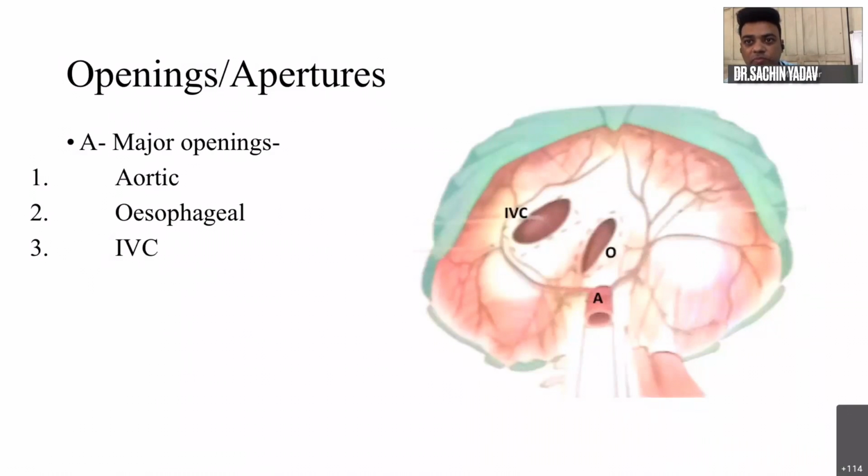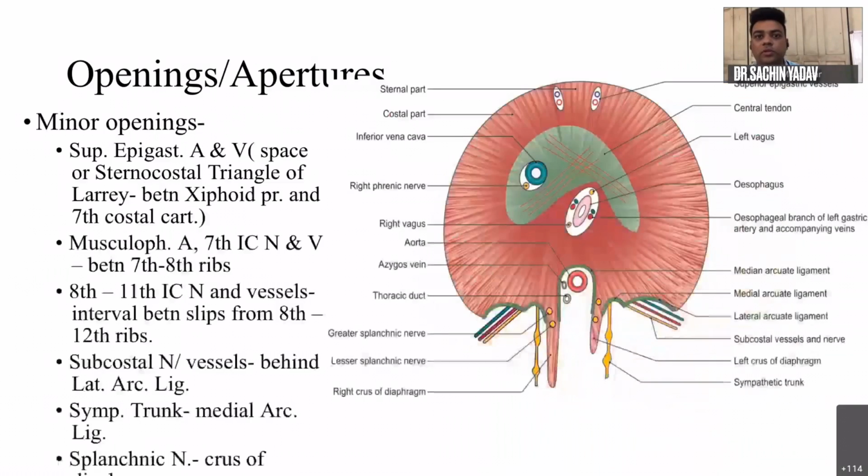So it is transmitting the aorta from thoracic aorta to the abdominal aorta, and it is accompanied by the thoracic duct also. Okay, and the sympathetic chain, the sympathetic trunk on either side, and the azygous vein also. Azygous and the hemiazygous vein are going from here, the aortic hiatus. So you can see the structure and the minor openings now.